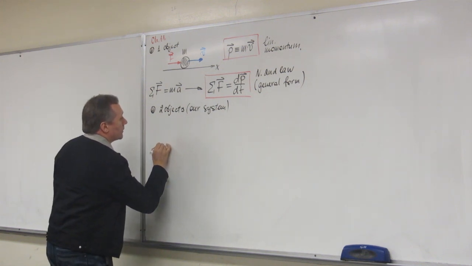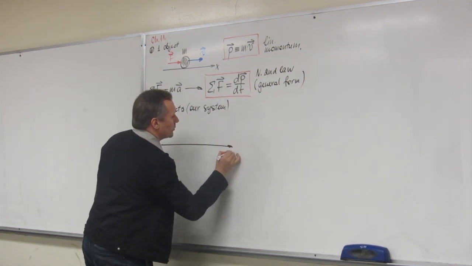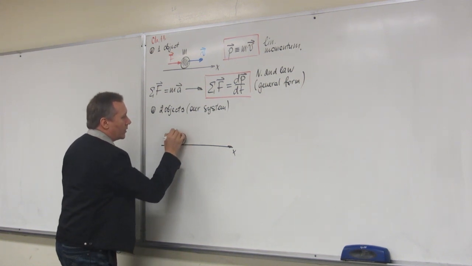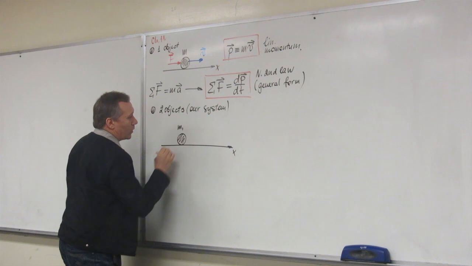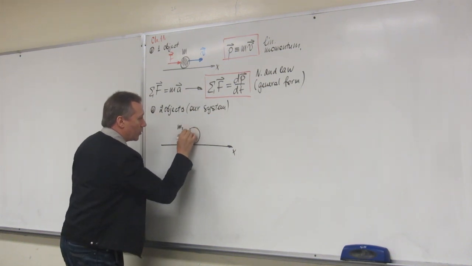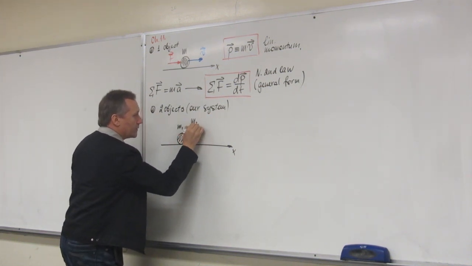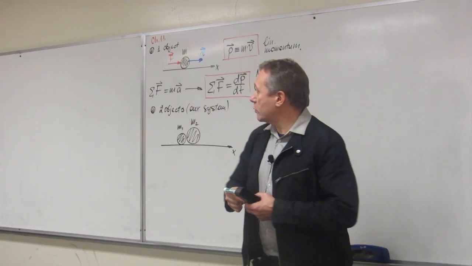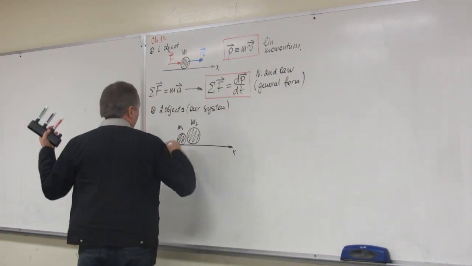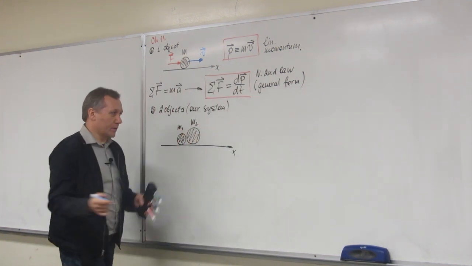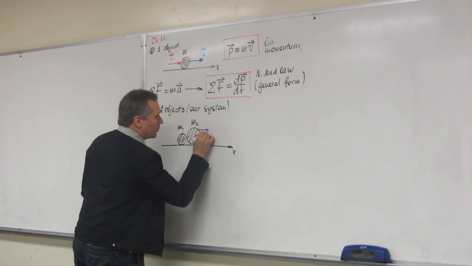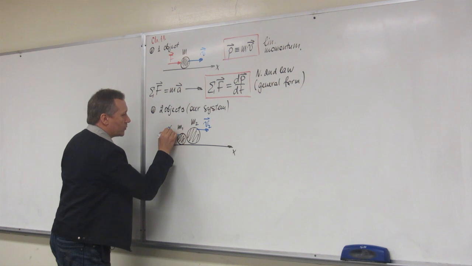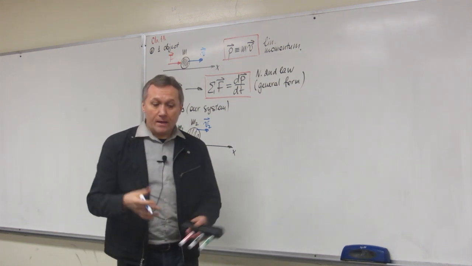So again, it's a one-dimensional motion, so I will introduce the x-axis, and let's assume that this is the first object, let's say mass m1, and here's the second object with mass m2, right? We can also assume that they have some velocities. I'm just making it up, right? So this might move in this direction with velocity v2. This guy can move this way with velocity v1. Then,